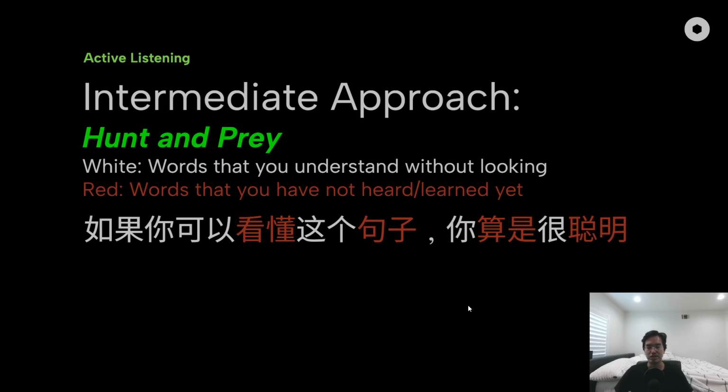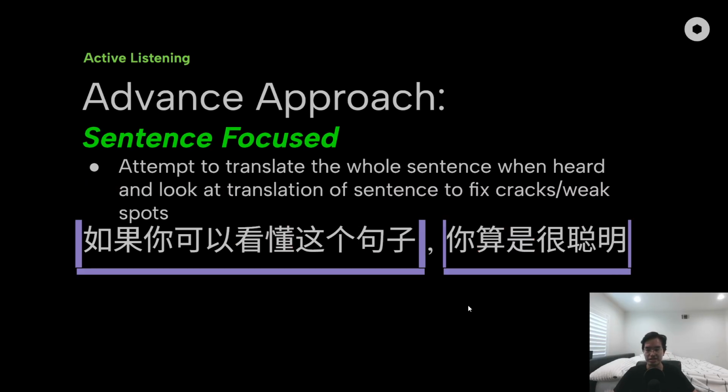And then the final approach, let's call it the sentence focus. This is more of an advanced approach. Once you pass almost the intermediate stage, or are almost getting out of it, you can pretty much hear every word, you can hear every sound, and you have an idea what it could mean. But basically, this is the comprehensible input